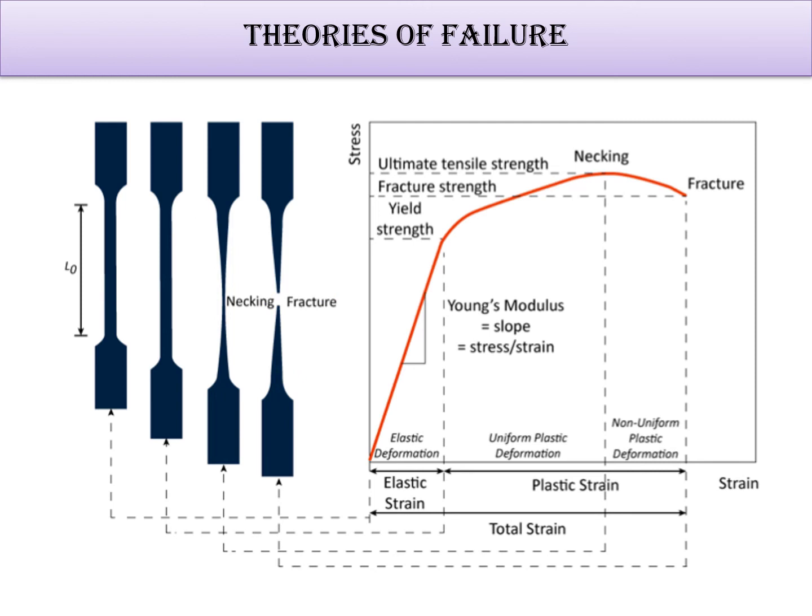Now let me show you how. A simple specimen is there, having a length L0. When a force is pulling here, it will have an elongation and yielding, and then this is the necking part and this is the fracture part. This is how the curve has been developed. Here the necking started and here the fracture started. This is the limit at which the material will fail. But whenever you are using a ductile material, this is the limit, because after yielding the material will not do the work for which it has been designed.